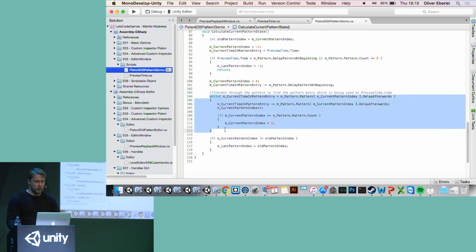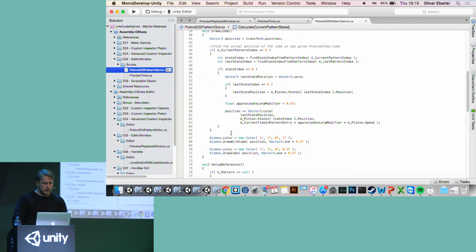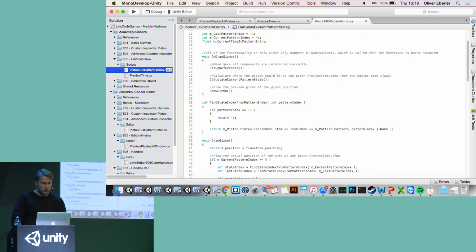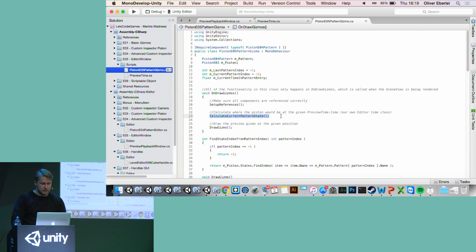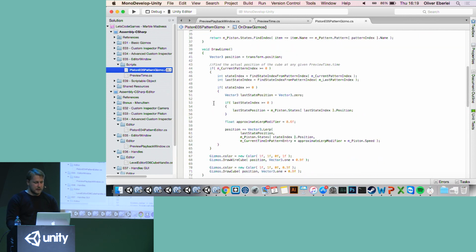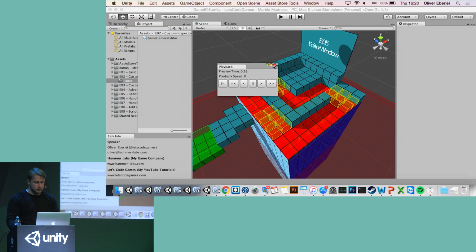Basically, I just go through all the states and find out which state I'm in right now. And then once I found that state, I go to the draw gizmo state, and using the state and the last state, I can then determine which position the object would be in and just draw the gizmo at that position. So that's a very useful thing to do as well. Cool.